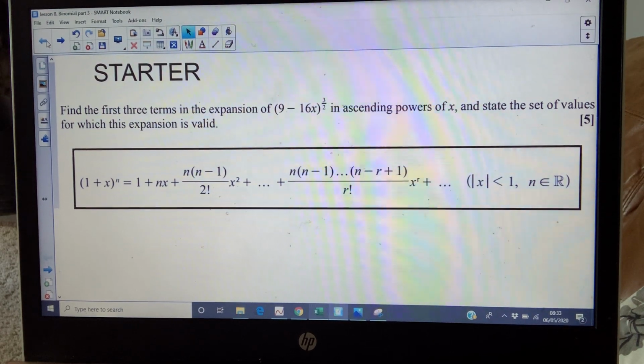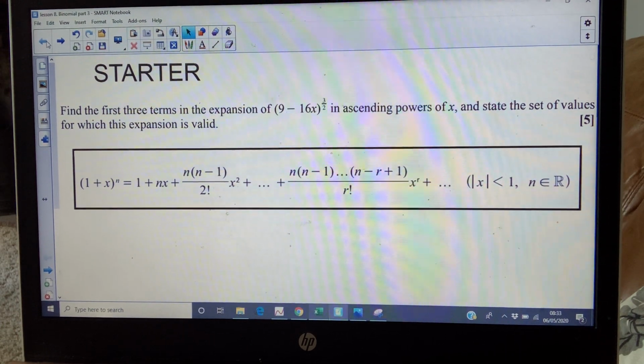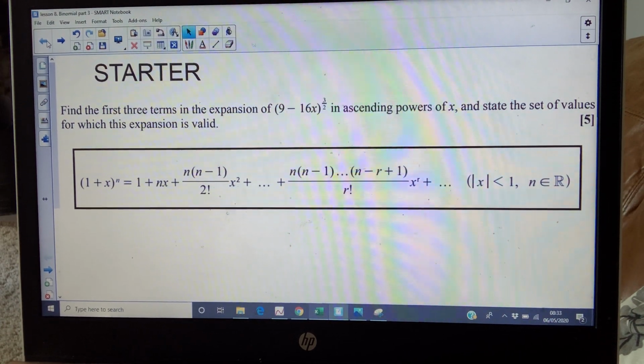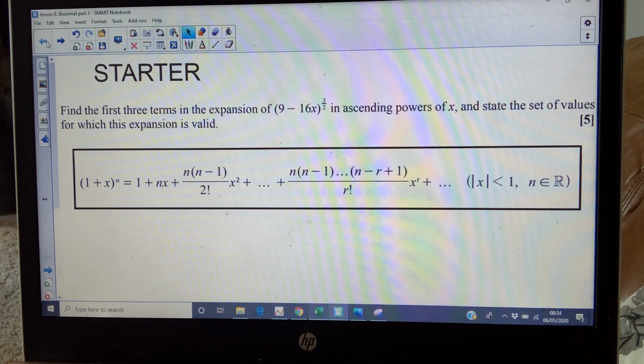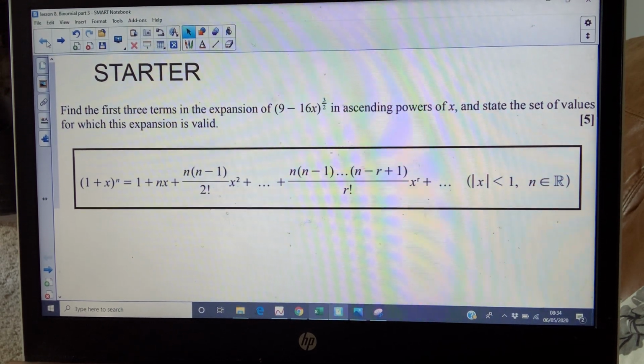Right, good morning. So what we've got today for lesson 8, starter. If you can have a quick look at your exam question, and then I'd like you to pause the video and have a go at it. 5 marks. Find the first 3 terms in the expansion